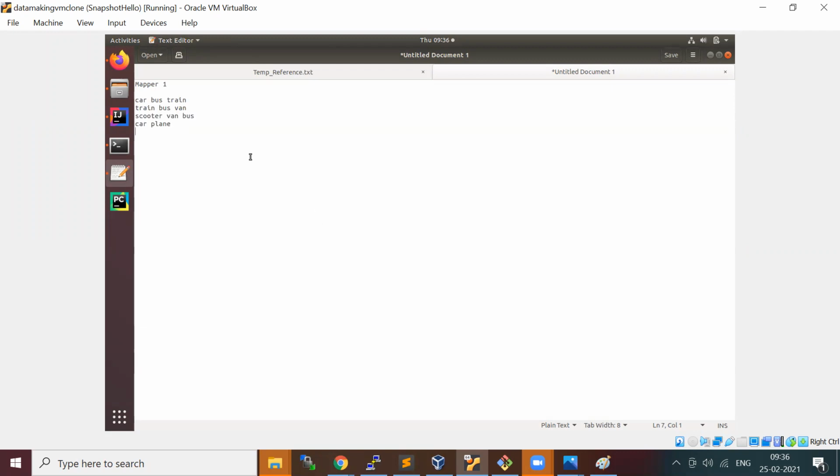These are the lines, but when it comes to mapper input for mapper 1, these are the inputs. The key is kind of an offset. I'll just say the key is 0, and the value is this entire line. This is the input to your mapper. Then the key is line number 1, and the value is this entire line. This part you understood, right?